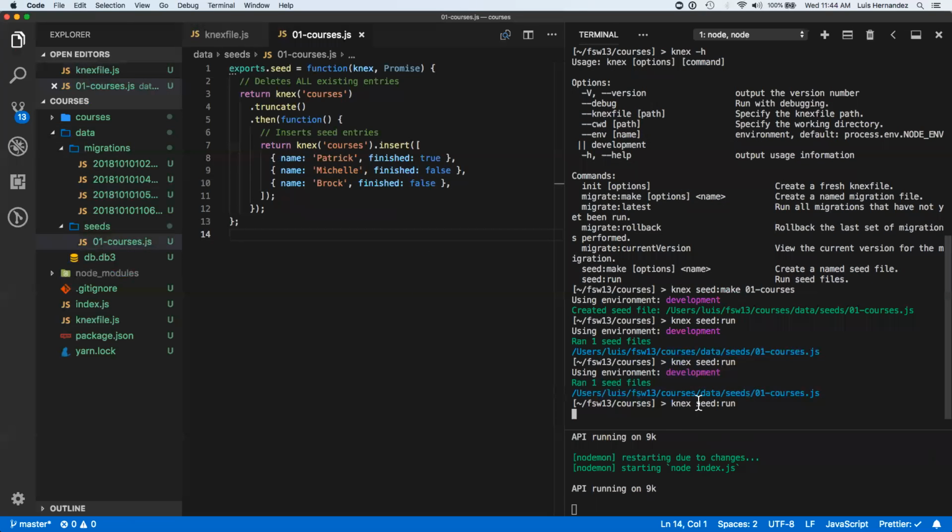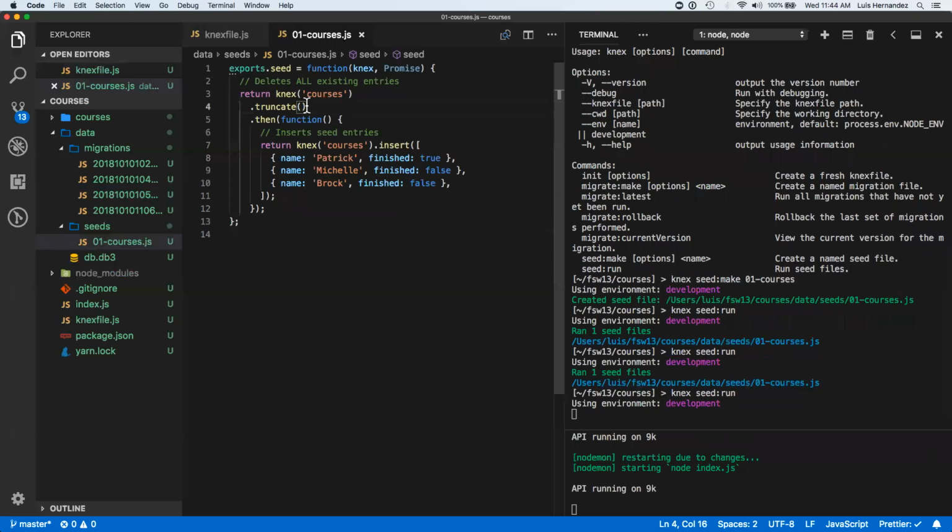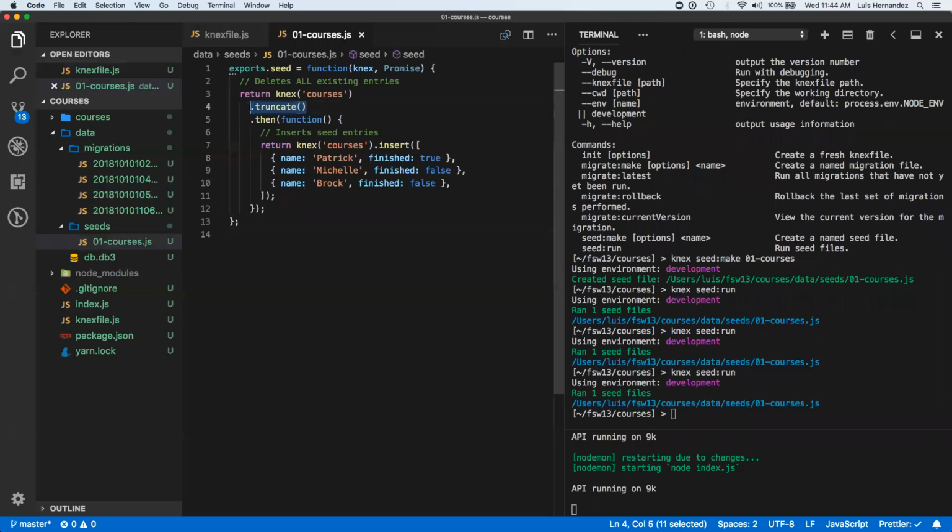seed run. Oh, by the way, we changed this, remember, to truncate. And the reason we're doing this is it's a command that you run on SQL databases so that the ID key gets reset to 0 again. And it's going to begin at 1 again. Because this will become important when you add test data and you want to add orders pointing to ID number 1 on the client. If you leave it as delete, what it will do is it's going to delete the records, but the key is going to continue to grow. So it's going to go 1, 2, 3 first, and then 4, 5, 6, 7, 8, 9